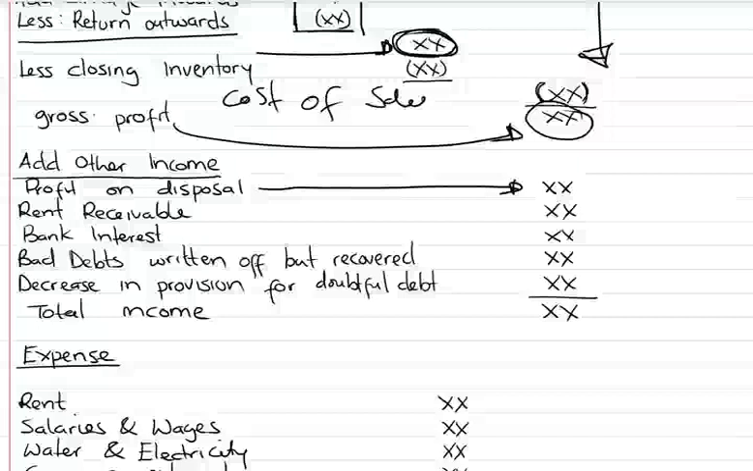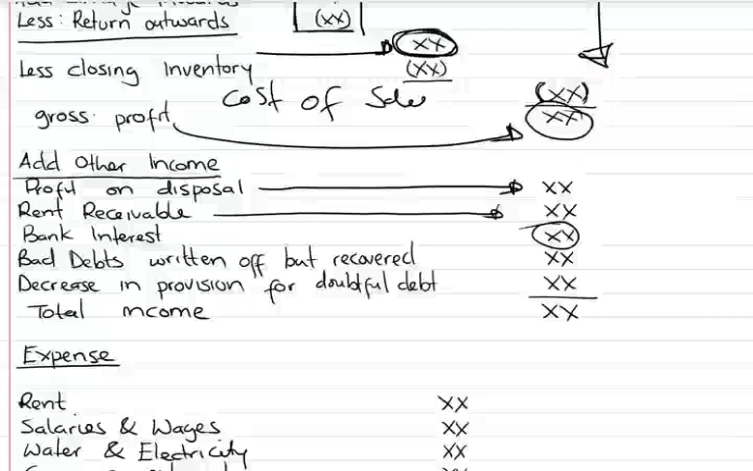Rent receivable. Like I was saying, I have an office building that I've not occupied the whole, or a new building that I've built, but nobody is in there. So I've rented it out. So the money that I'm receiving there is income, but it is not the core activity of my business. So it should appear under other income. Bank interest. If I leave my money in the bank and it earns interest, it should also be shown as income